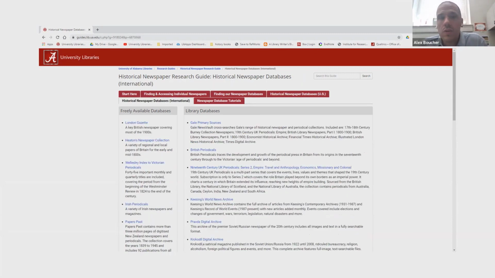The one for international we'll come back to, but it's very similar. Library databases, freely available databases. One thing I'll point out again when I talk about international historical newspaper databases is there's more British historical newspaper databases than any other type, at least that we provide access to. But there are plenty of freely available databases, usually from a national library. Like, for example, in France, it's Gallica. Germany has a German national library with a newspaper collection. Basically, they're out there and they're findable on Google.